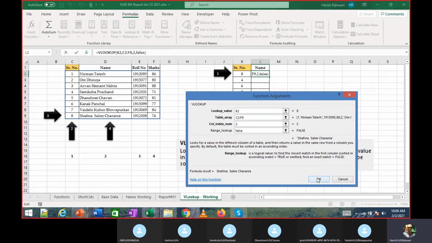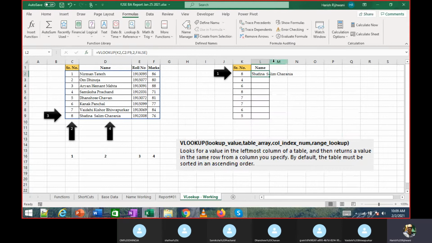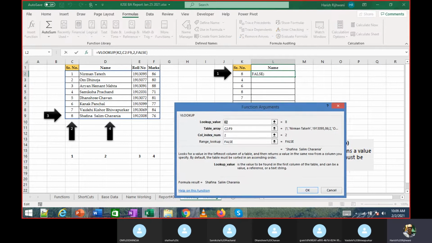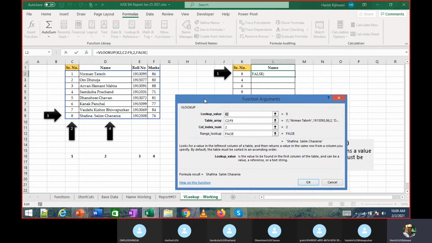Does it make sense? I created this particular formula. Literally what you do when you try to find your marks is what we are doing. So there are 4 parameters in VLOOKUP. One is the lookup value, that is the value which you want to look up, that is roll number 8. So you have to select that cell. Don't type this, otherwise you will not be able to repeat the formula. If you type 8, that means you're hard coding that value. You will not be able to repeat the formula.